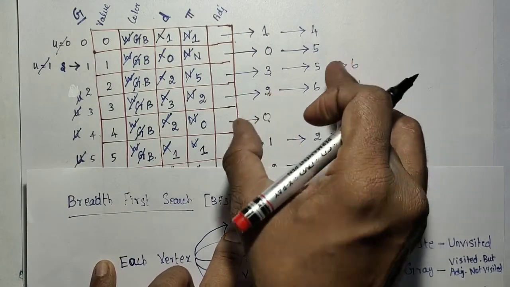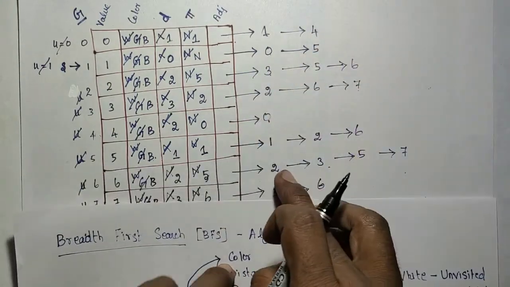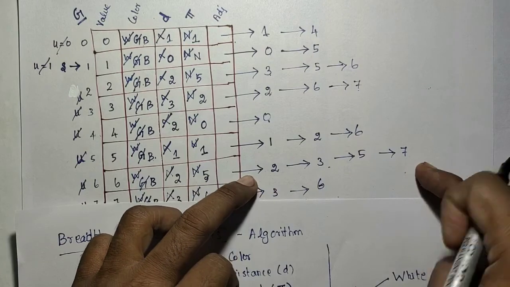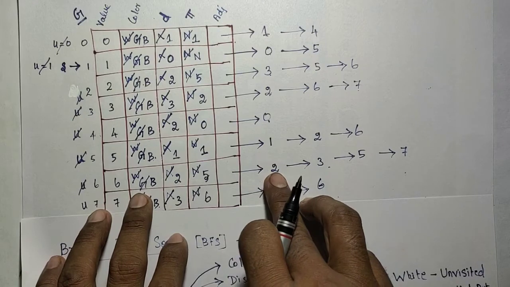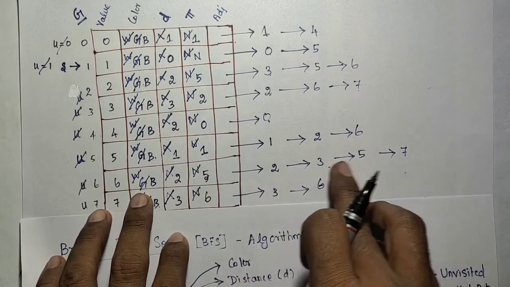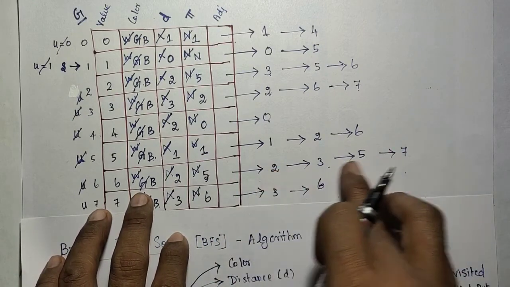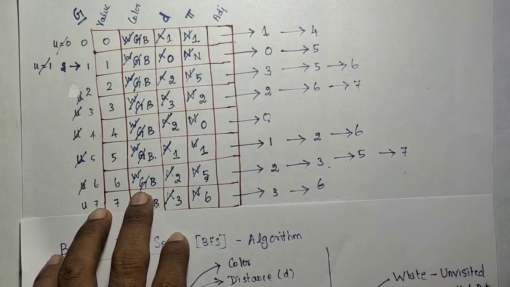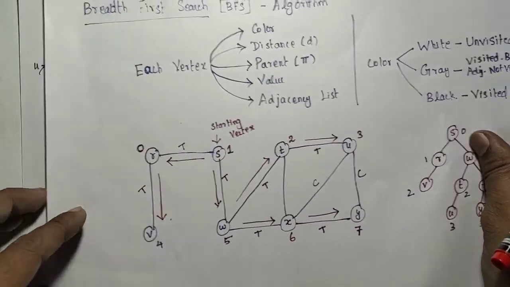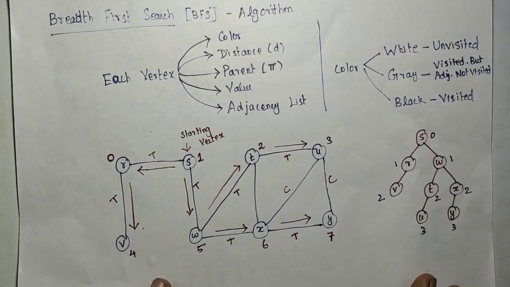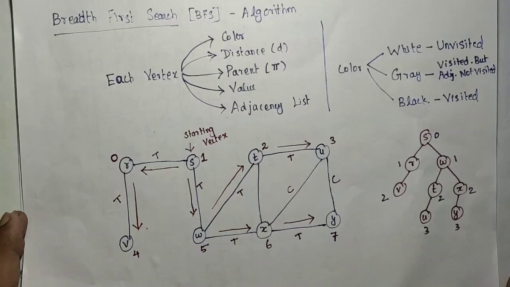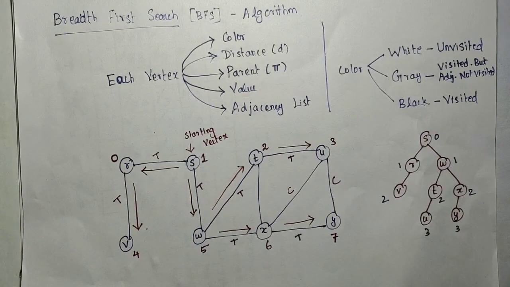Usually if you write the adjacent nodes in ascending order, you will get the same answer. So all of you follow this: write the adjacent nodes in ascending order, like 2, 3, 5, 7. It is not mandatory, but you can write it to verify the correct answer. So try the BFS algorithm with one example and try to understand BFS. Similarly, I will explain the DFS algorithm in the next class. If you have any doubts, you can ask. Thank you.